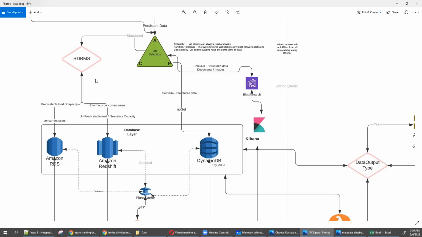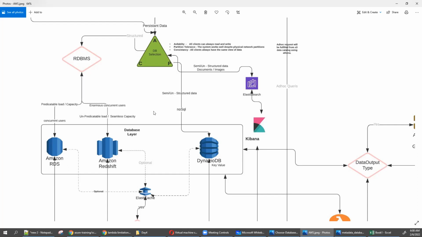Now again there is a decision to make. Relational database management: I'm creating a table directly and storing my data as fields. But if you get a clear-cut predictable load, then you go with this, because you know the maximum number of people who will come, even in the worst case, and how many can access concurrently at a time. In that case, you have clear-cut control. But if you don't have any visibility or control over predicting the load, then you need to think about a similar